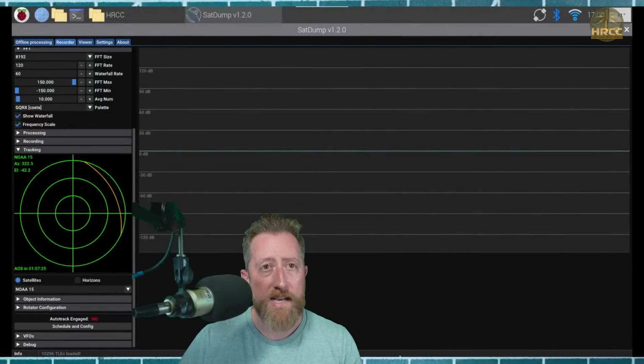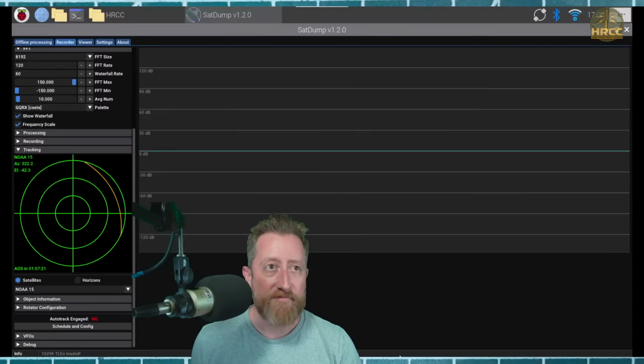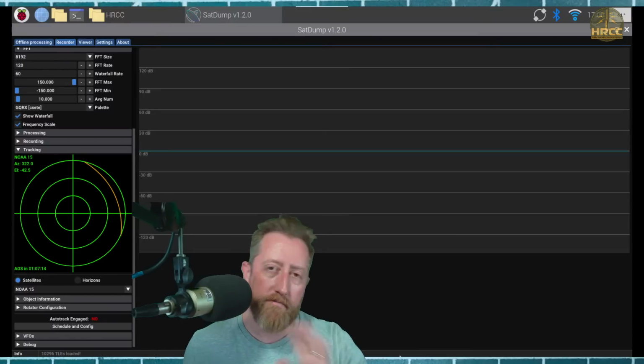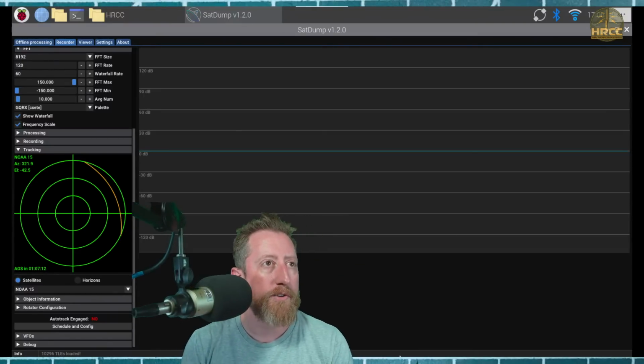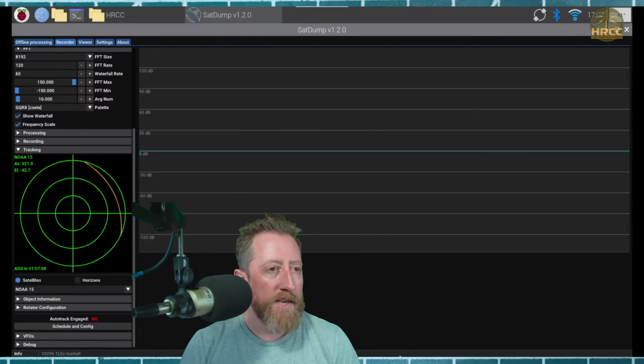OS that I just loaded, and this is the only app that's running right now, and it's doing great. In fact, we're tracking NOAA 15. NOAA 15 is a little bit defunct on 137 megahertz right now, but I'm going to use it as an example, right? So that's kind of all there is to it,